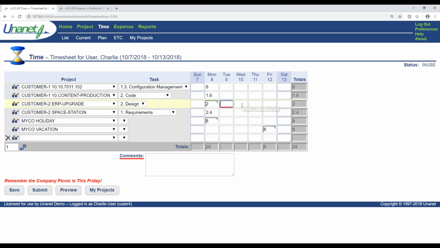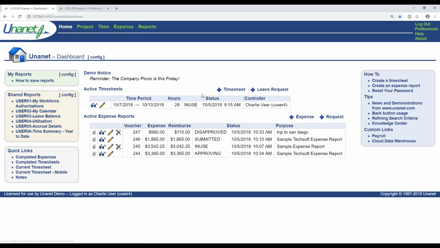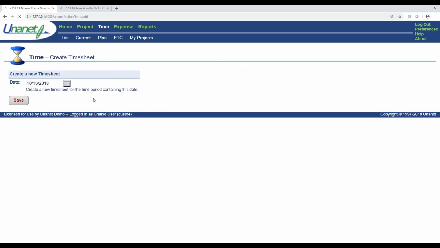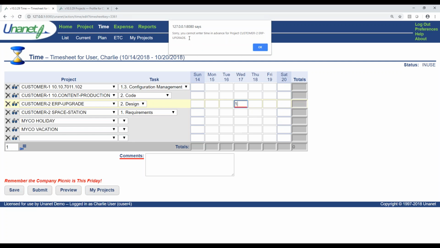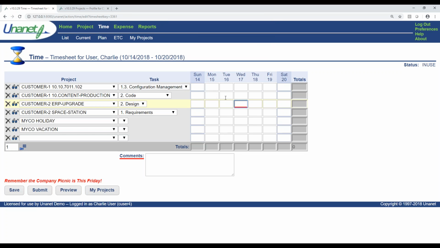Some of the other controls you might see, you can require comments. So as the end user, and look at this, I'm looking at an old timesheet. Let's pull up a timesheet for this week. If I try and enter time into the future, I might be restricted. Today is October 16th. So if I try and enter time into the future, you're going to see, sorry, you cannot enter time in advance for this project.